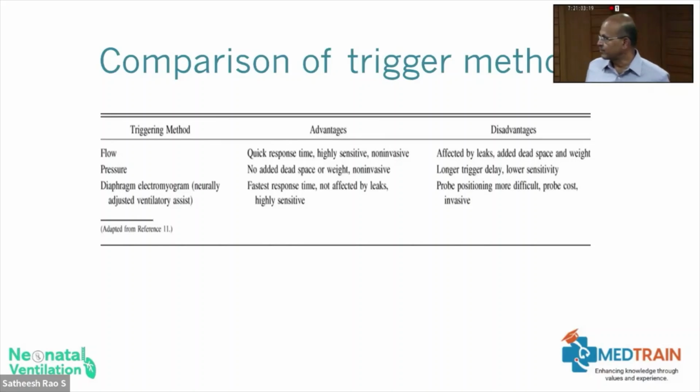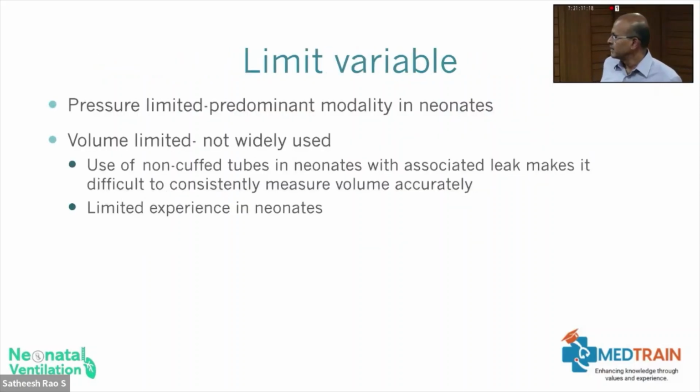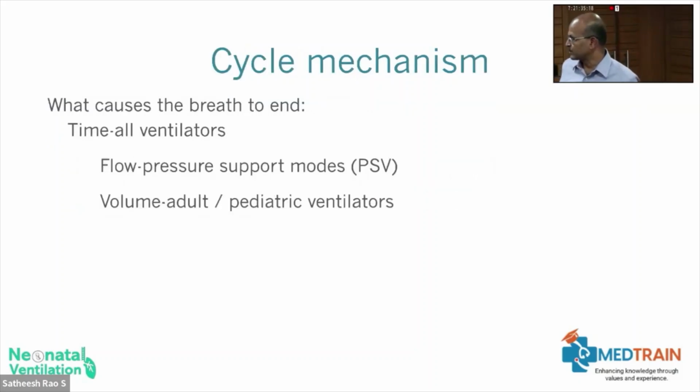So we have again flow trigger, pressure trigger, and NAVA. I have covered this, so I'm not repeating it. The limit variable, the pressure limit, is a common variable in the predominantly used modalities. Volume limited ventilation is not used in newborns because of the ET tube leak and things. Some units in the UK, Middlesbrough, used volume limited ventilation, but mostly we are now switching to volume guarantee, which is pressure limited, but with volume guarantee as a limit variable as well. And time is the cycle mechanism in all the modes except the